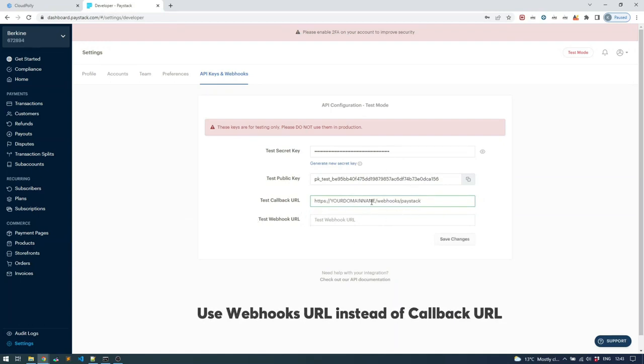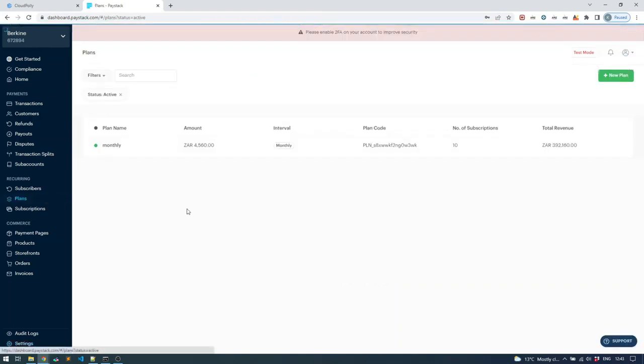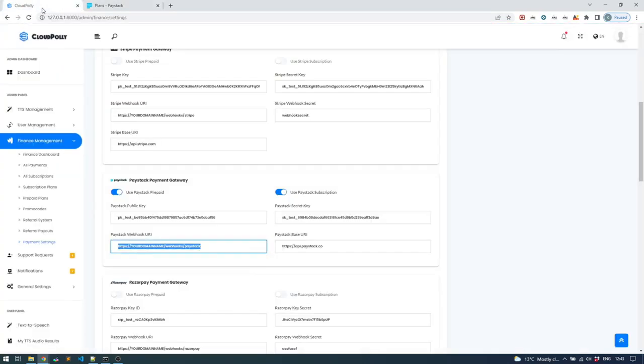And don't forget to change this domain name to your domain name where the script will be hosted, so the actual domain name where you'll install your script. And that's it. So next we can go and start our subscription plans. But before this, let's go back to Cloud Poly and actually create subscription plans. Under Finance Management, go to Subscription Plans